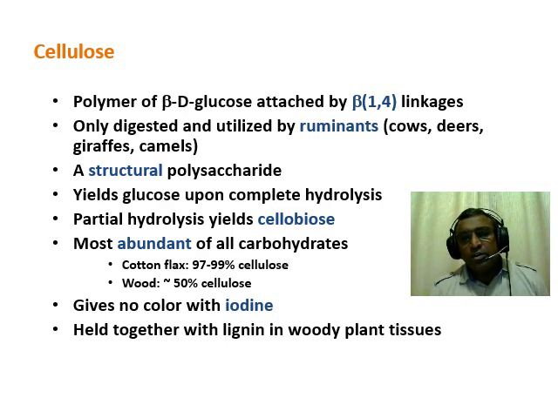But the type of glucose is beta glucose rather than alpha glucose, and therefore the bond formed in cellulose is a beta glycosidic bond, and this cannot be cleaved by alpha glucosidase, the enzyme found